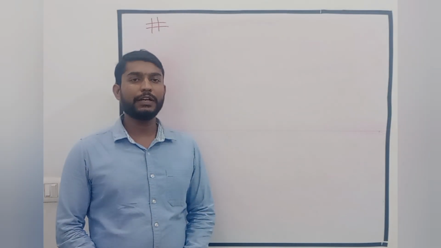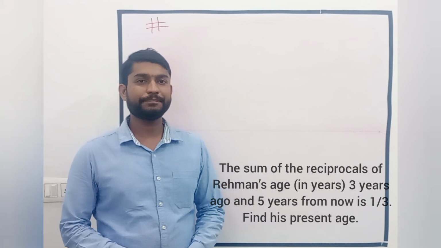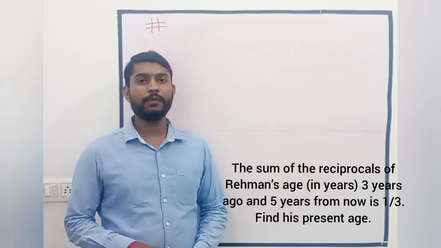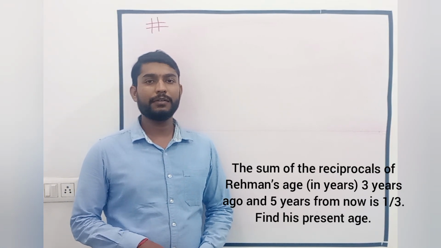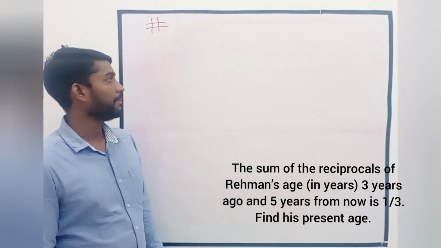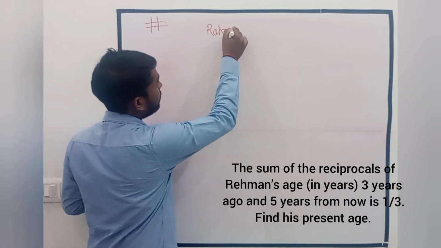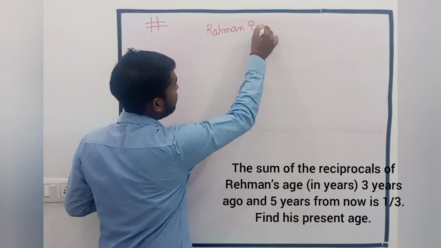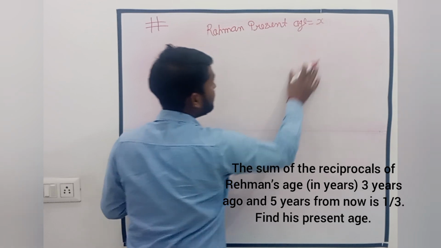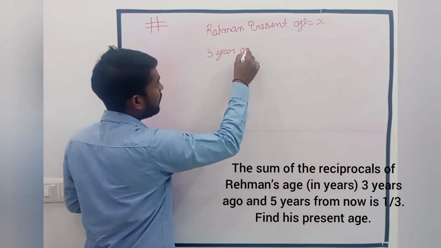And we solve the next question, and this is related to the sum of the reciprocals of Rahman's age 3 years ago and 5 years from now, which is 1 by 3, and we have to find Rahman's present age. We can take Rahman's present age as x. 3 years ago,